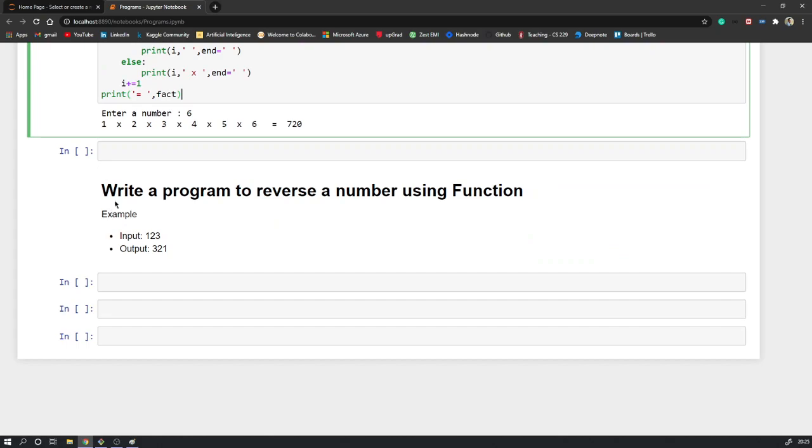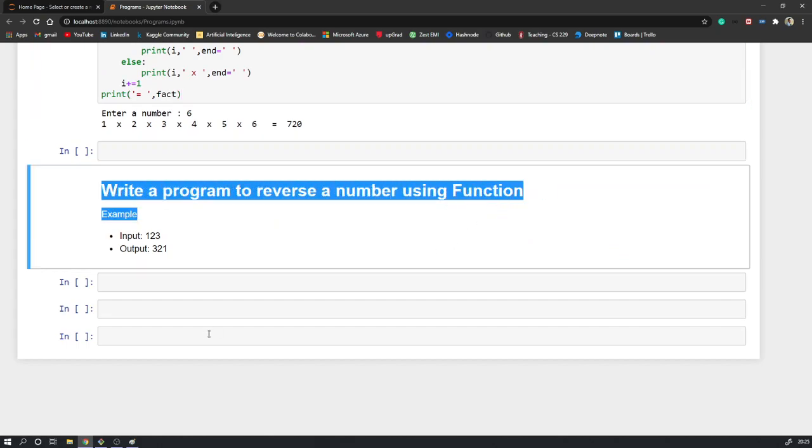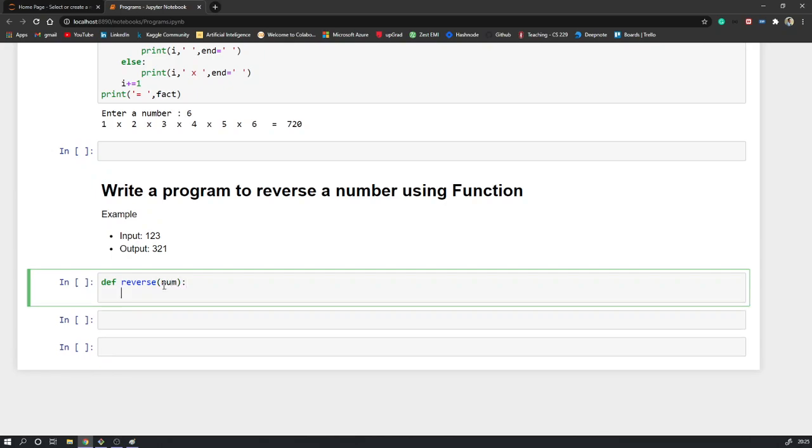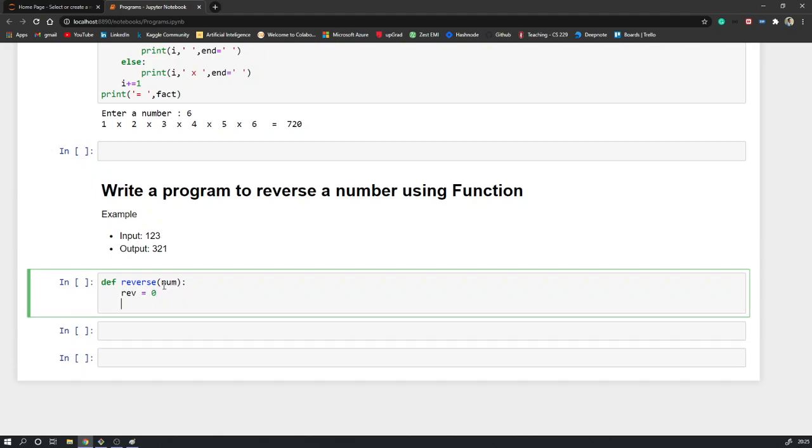Now the next program is to write a program to reverse a number using a function. Here I'll create a function called reverse or rev. I have created a function called reverse which accepts a number which has to be reversed. I'll create a new variable called rev, which will be initially 0, and then the logic for